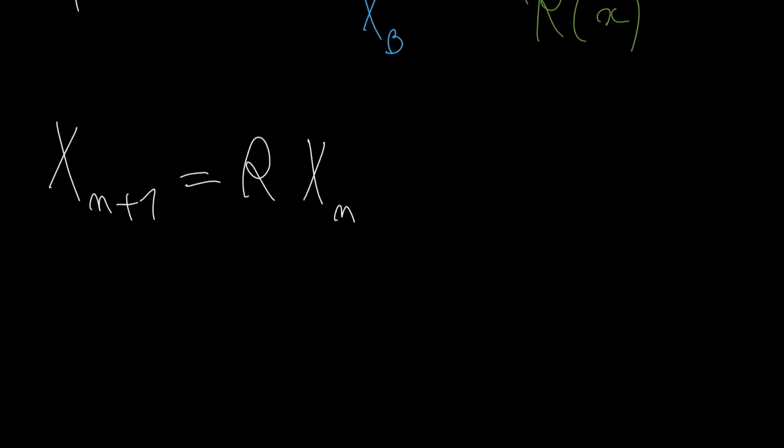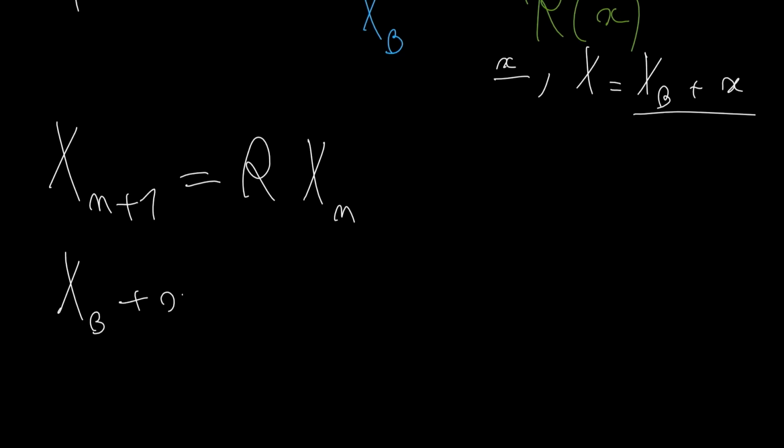And this time we have to replace all the terms and write them as a function of the departure from xb. Now we already know that x is equal to xb plus small x, so we just have to replace the x's with this form, and we replace r with the line equation. So xn plus 1 would become xb plus small xn plus 1, which equals r